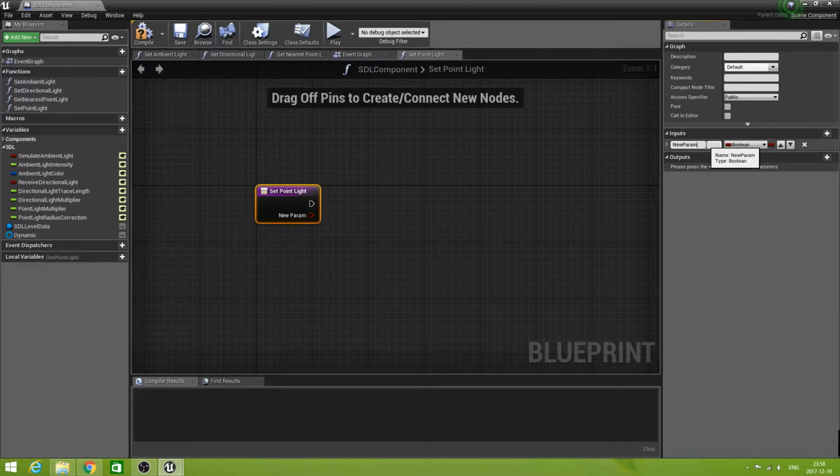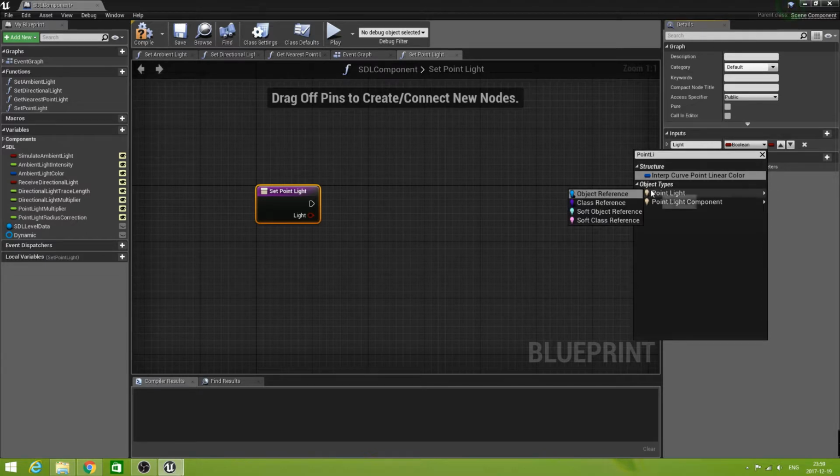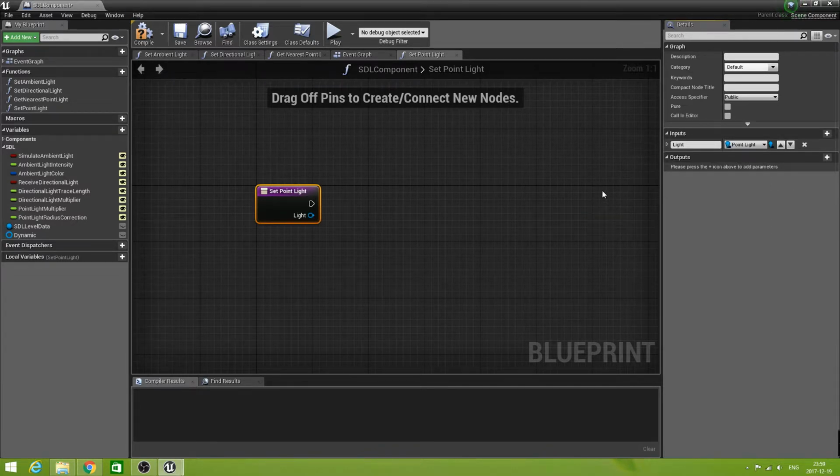Most of them are the outputs of the SetNearestPointLight. So the very first one is our light itself, and that will be a PointLight object reference,